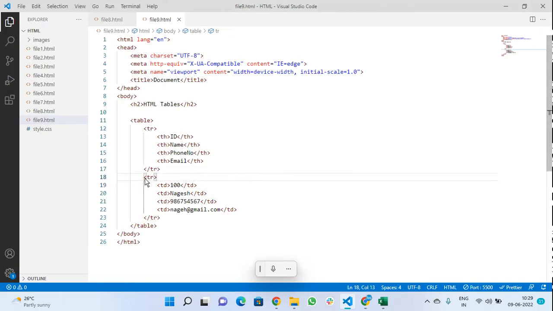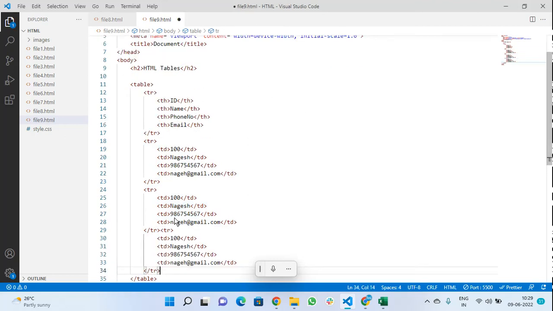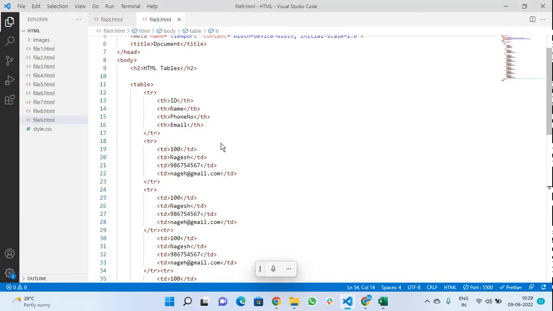What happens if you have n number of records? So control V, control V, control V, control V. Save it, run it. See, this is the table structure. So for that, what are we going to do? To align and arrange,